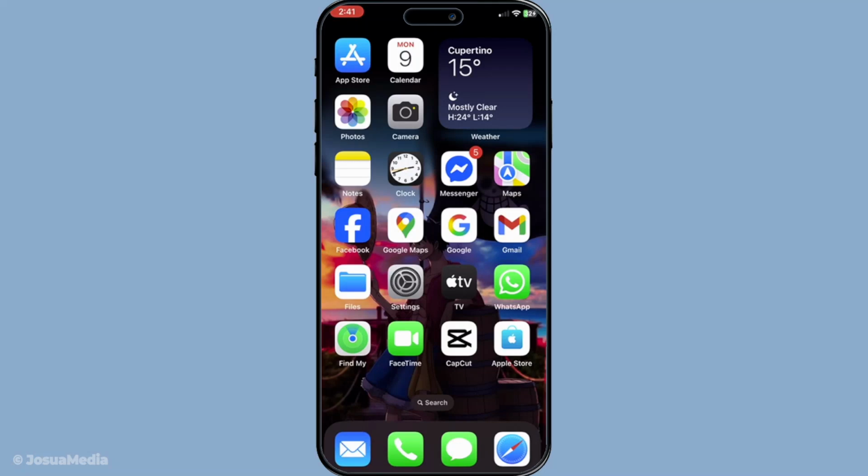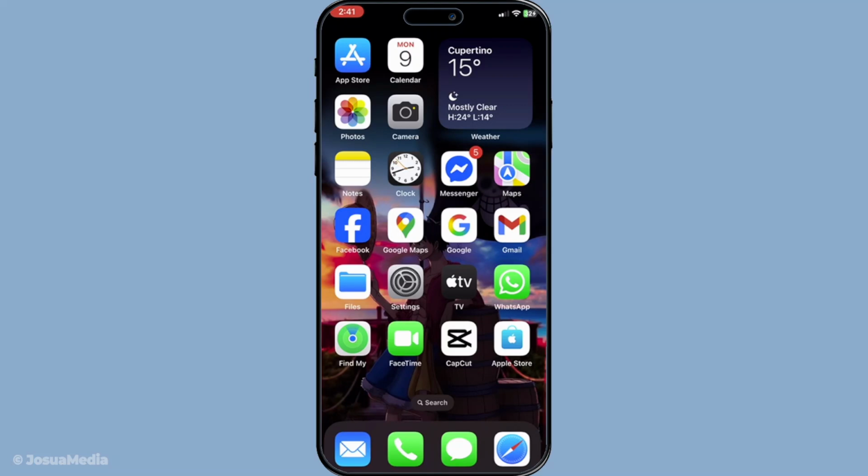In today's video, I'm going to teach you how to join Capcut Pro using your iPhone. If you're looking to unlock more advanced features on Capcut for your video editing projects, upgrading to Capcut Pro is a straightforward and efficient option. Let me walk you through the process from start to finish so you can get the most out of your